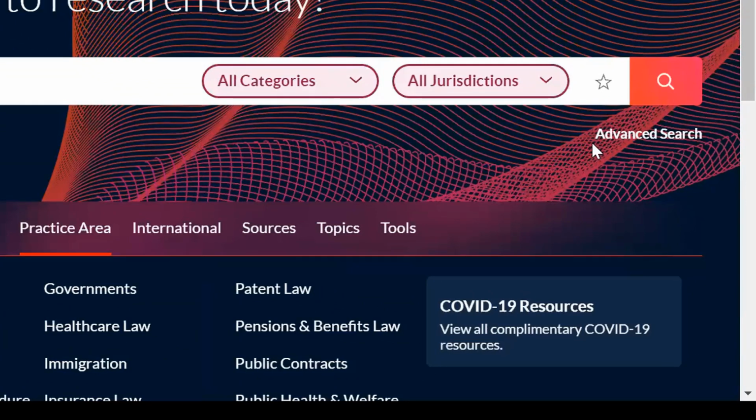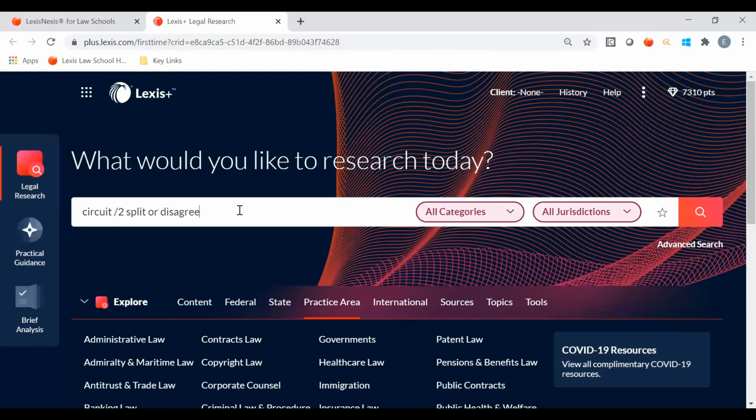So remember that's there to help you with those terms and connectors searching, which quite frankly, as you're working on your note, you're going to want to get more comfortable using. Sure, you can do natural language searching, but terms and connectors searching tends to be a bit more precise and get you even more exactly what you need without having to wade through a bunch of stuff that might not be quite on point. So get used to it.